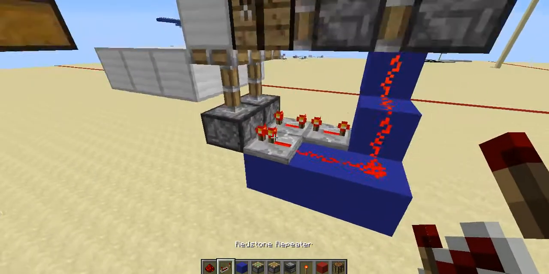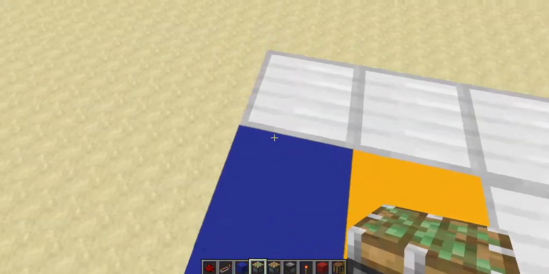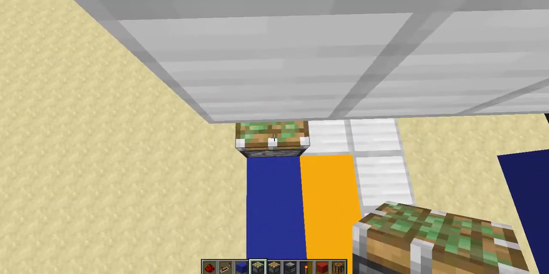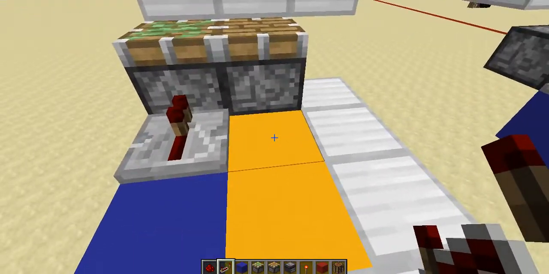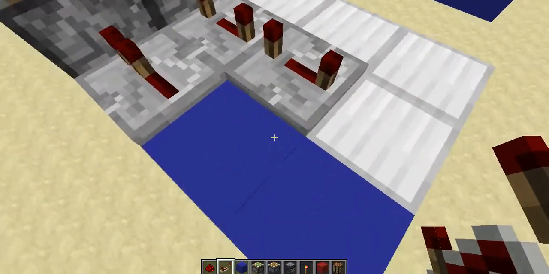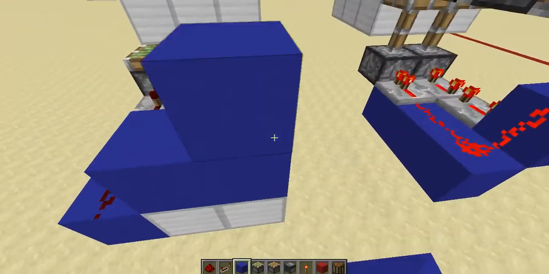So, in order to build this thing, you need to place down your sticky piston here, and regular piston there, both facing upwards, with a redstone repeater set to 1 tick, then 2 redstone repeaters, both set to 4 ticks. And on these 2 blocks, you want 2 redstone dust with a line of redstone that goes up